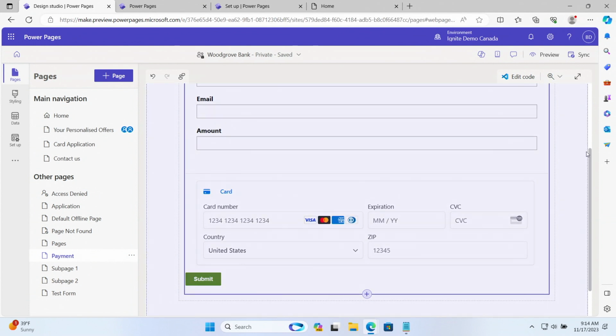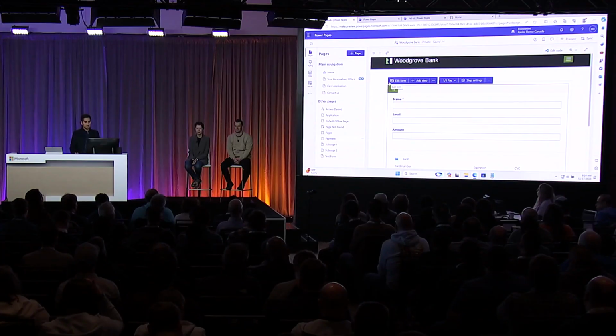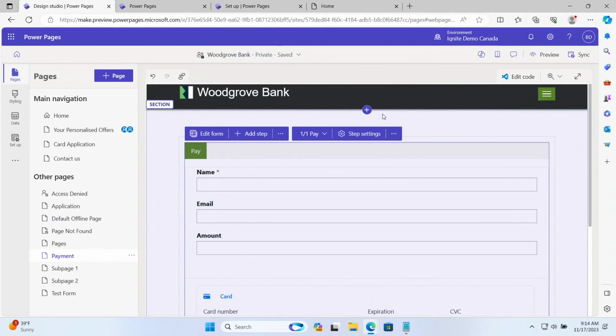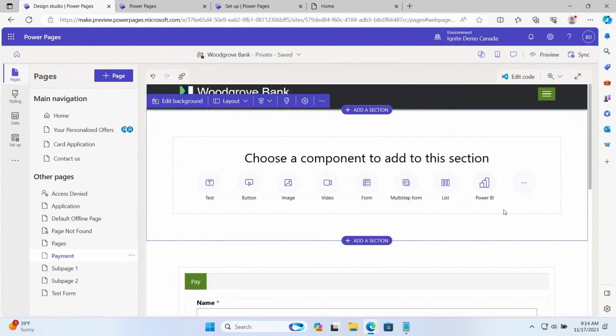And for me, as a low-code maker, it can't go more low-code than this. It's very easy for me to enable these integrations like payments and DocuSign. So this makes me really happy. But I'm a designer as well, so this page is looking a bit boring at the moment. So I can easily use the Design Studio's WYSIWYG tools to add new sections. So I'll add a column for the hero section.